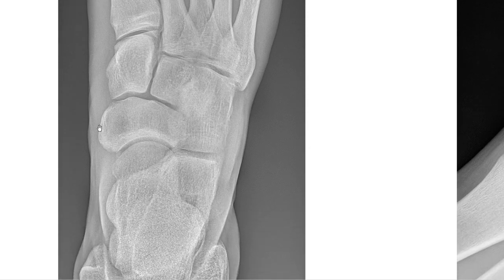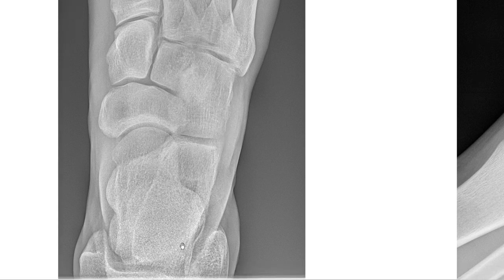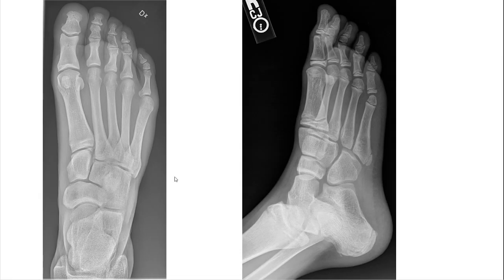This one is the navicular, this is the shadow of the anterior end of talus, and this is the shadow of anterior end of calcaneum. Here the shadows of talus and calcaneum are superimposed on each other. And in the oblique view, you can see the cuboid very clearly, you can see the calcaneum very clearly, the anterior aspect as well as the inferior aspect of calcaneum.